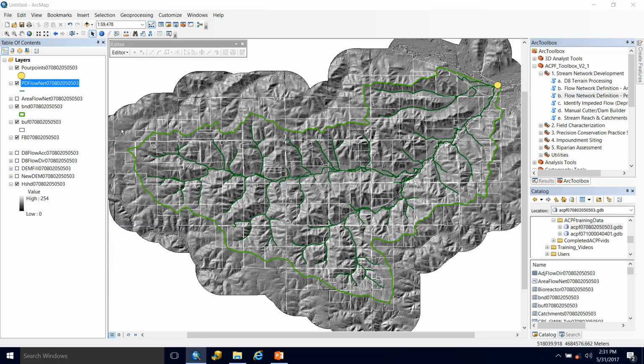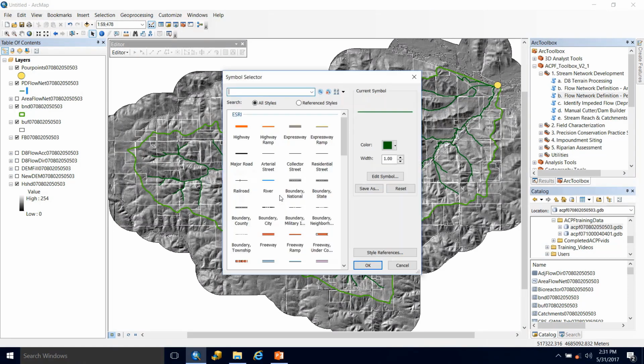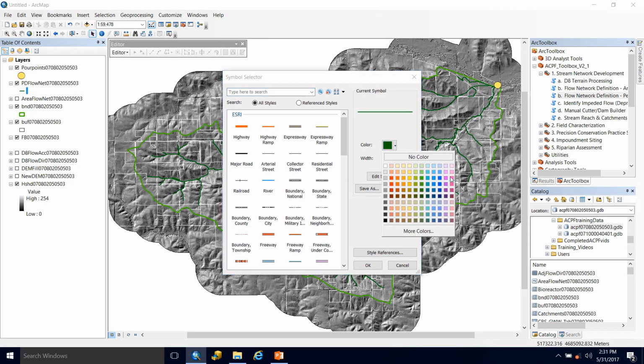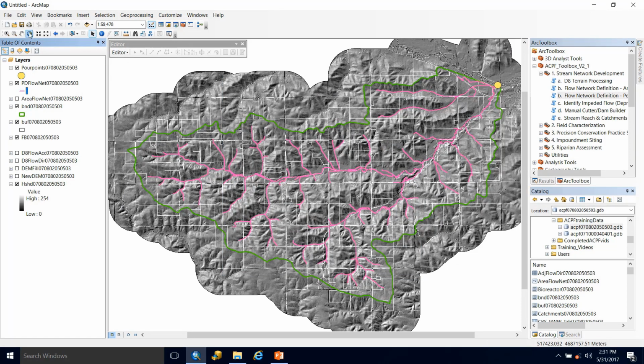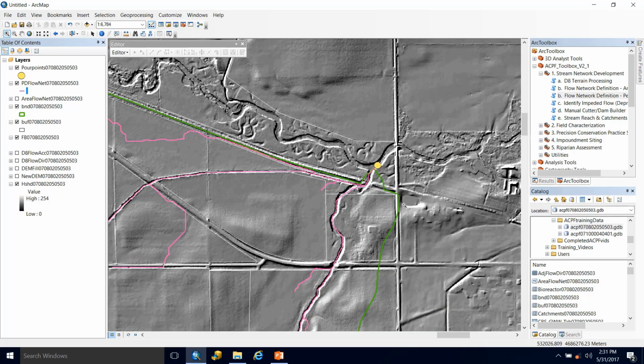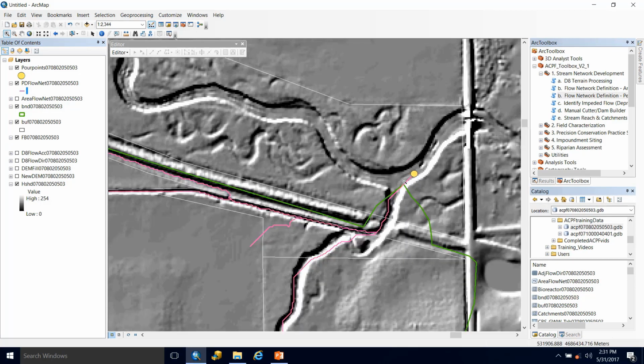Alright, so let's close this, take a look at our results. Everything should be the same again, except for this time, down near our outlet. Since we moved that further downstream, we can see that the network actually does extend beyond our original watershed boundary to the actual outlet of this watershed, which will be very helpful later on when we go to define our perennial network manually. Alright, and lastly, let's just take a quick look at that attribute table.